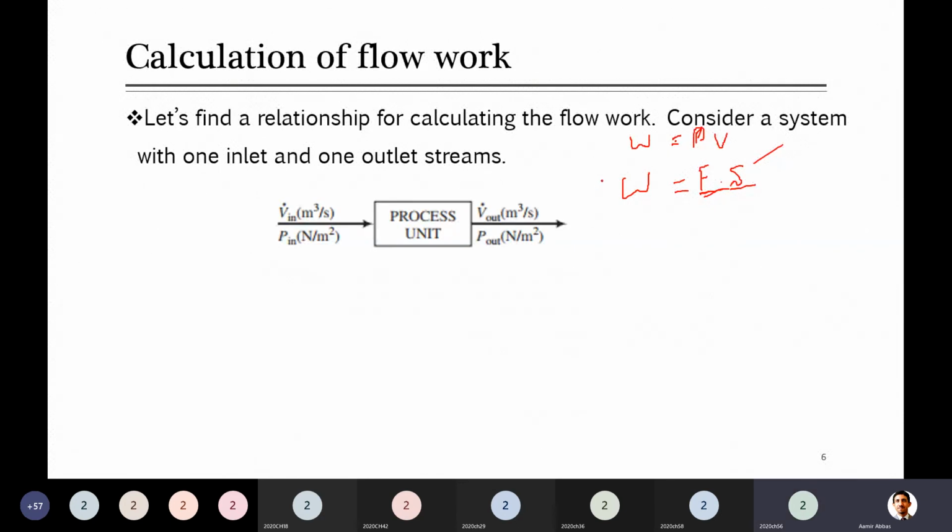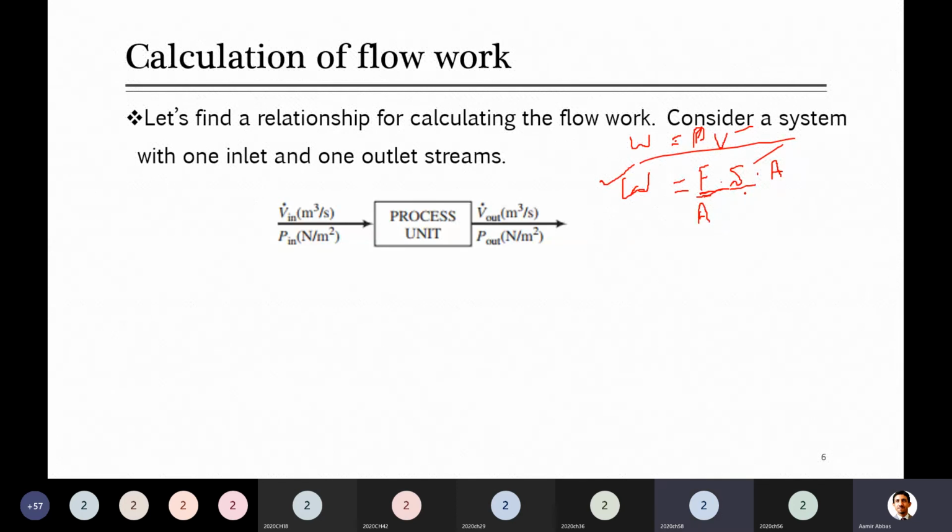Guys, look at this equation. Okay, listen to me, please. Here, work is equal to force multiplied by displacement. Do you know this equation? I think everyone knows this equation, at least. If you don't remember the above equation, you know this equation very well. So if I just divide this equation by the area and multiply it by the area, is there any change in the consistency of the equation?